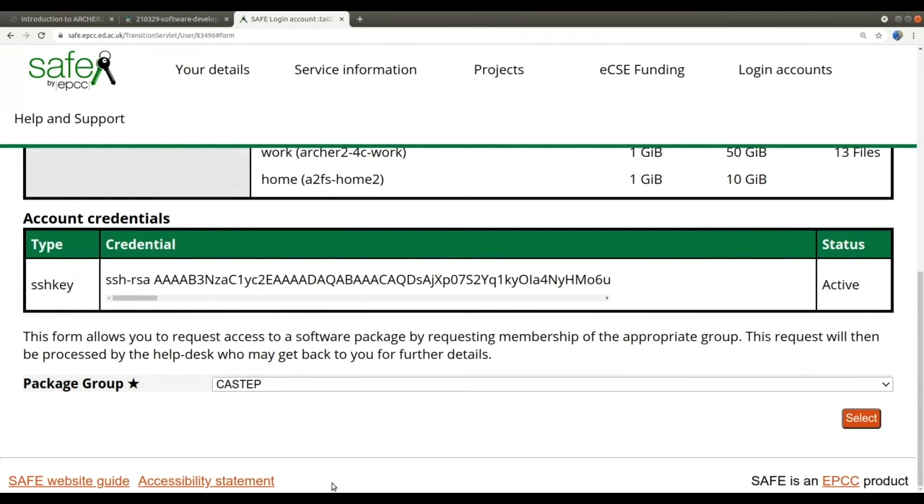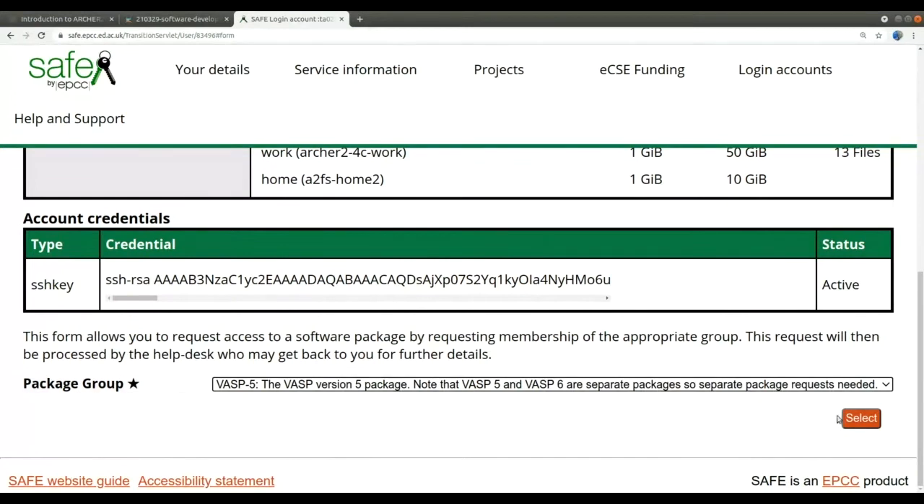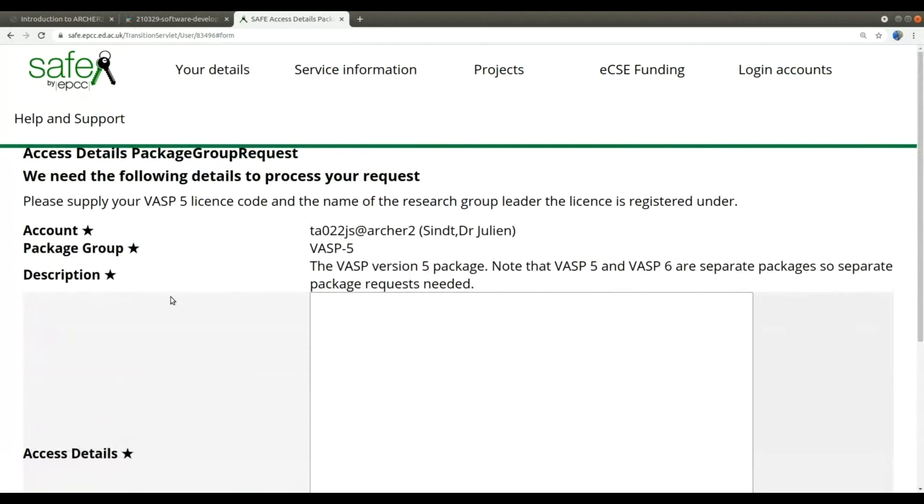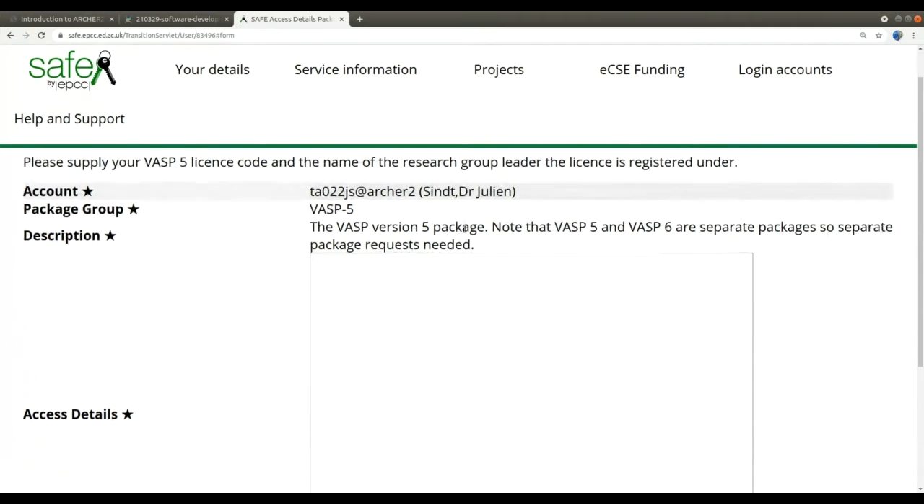So if I were wanting to get access to VASP 5 on ARCHER2, I would click on the VASP 5 license. I would click select. Here in access detail, it tells you at the very top, if you want access to this, we need the following details. Please supply your VASP 5 code and the name of the research group leader, so your PI, for whom the license is registered. So in this case, I personally do not have a VASP 5 license, so I'm going to